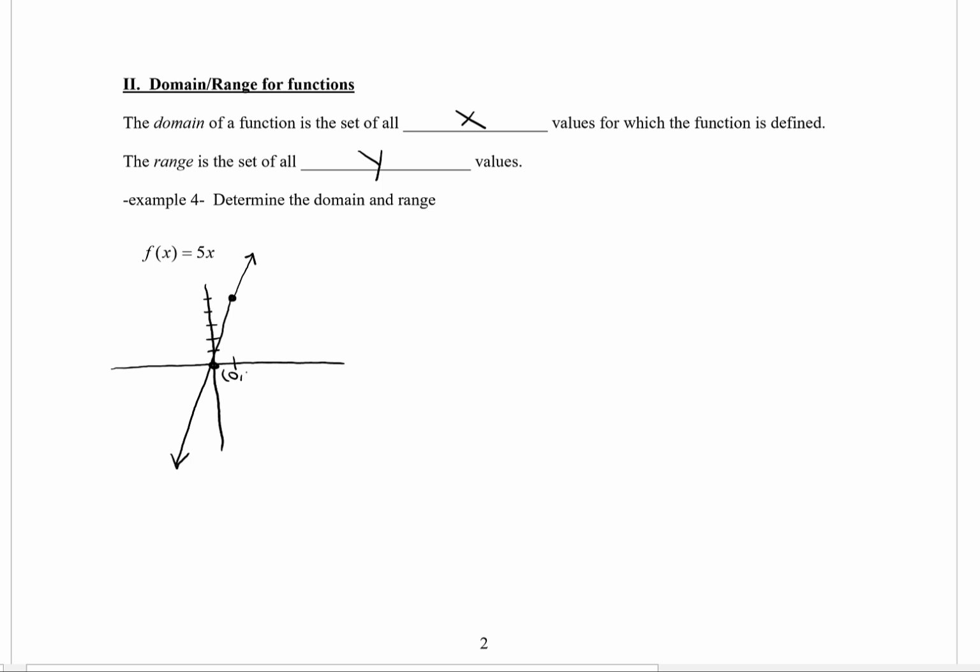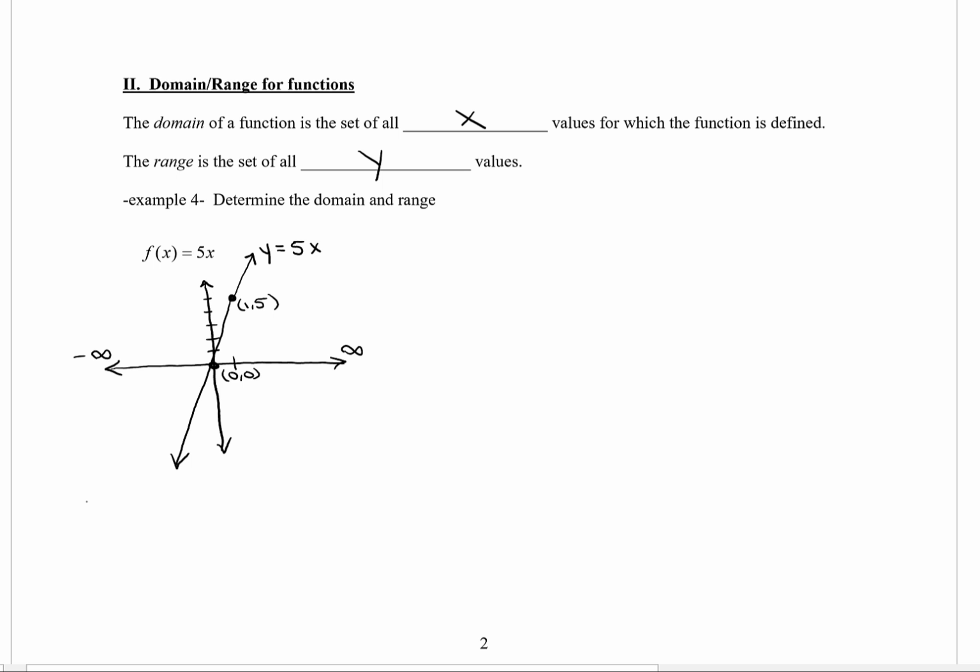I've extended my line through the 2 points to the ends of the coordinate plane. I've drawn arrows on the ends of my line. I have labeled the line with the equation y equals 5x, which is the same thing as f of x equals 5x. And I have also gone ahead and drawn a negative infinity symbol on the left-hand side of the x-axis and a positive infinity symbol on the right-hand side of the x-axis